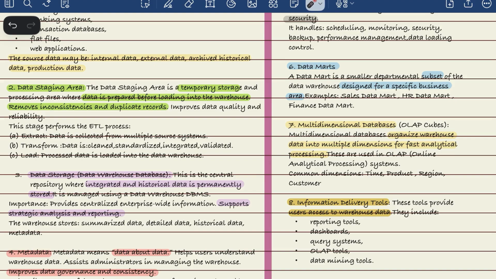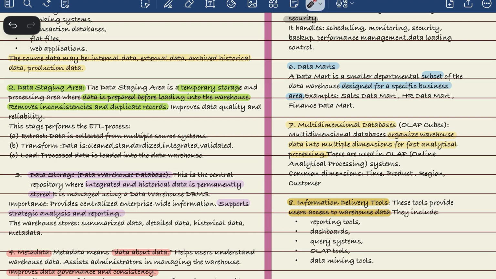So the normal database is like a flat file. Alright, flat, there are rows and columns. But the OLAP cube, which we'll talk about later, is just like a Rubik's cube you ever did. So the OLAP cube takes the data and turns it into a multi-dimensional Rubik's cube. You can instantly twist it and turn it and view where the sale happened, in which product, in which region, simultaneously in milliseconds, and it makes the analysis very fast. So that is why we have multi-dimensional databases as well.